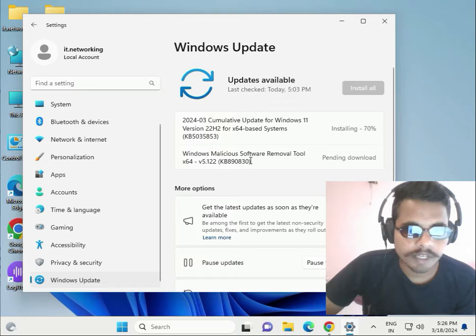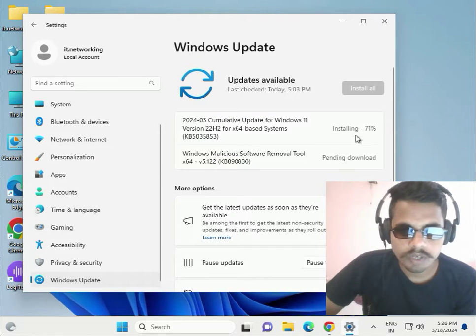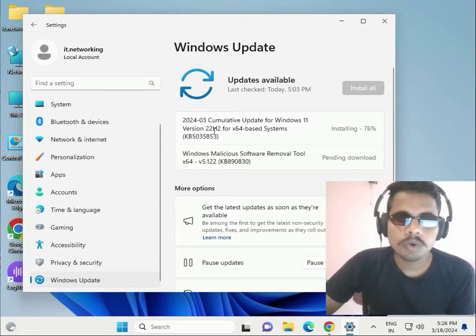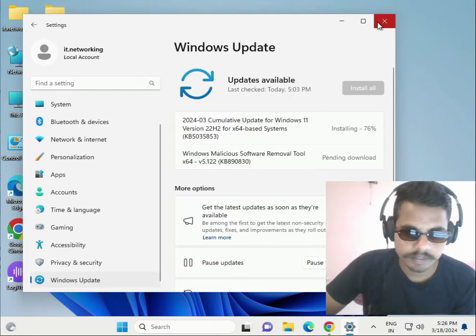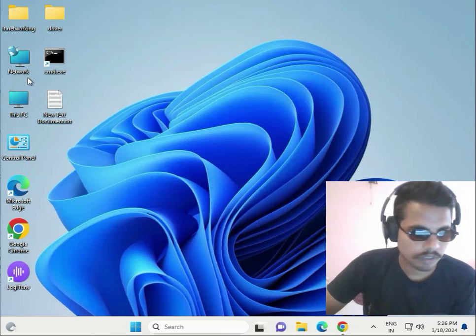If you have any KB series pending, first download and then install. Like this one is installing on the system and this one is pending for downloading. This will be completed, after that this will start. Okay, so update your system, then restart and then try. If this does not fix the issue, then next